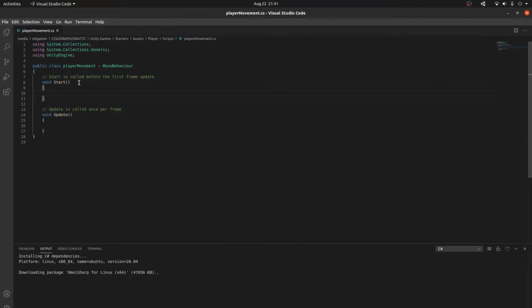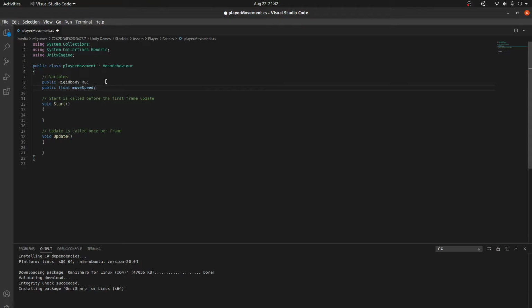Perfect. Now what you have to do is, let's make a few variables. Let's have a public, so some things didn't port over. Alright, so all we need is a public Rigidbody. I'll call this rb. And public float moveSpeed. So I'll have a private